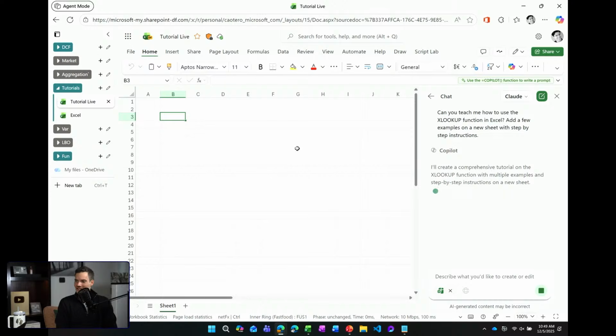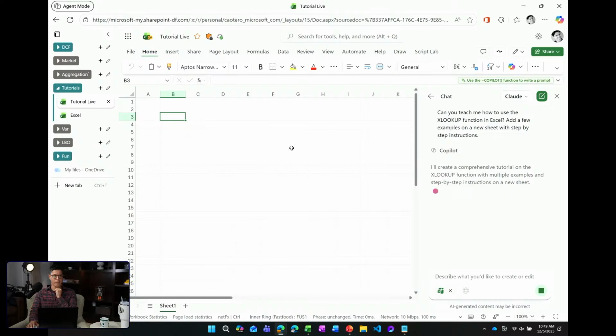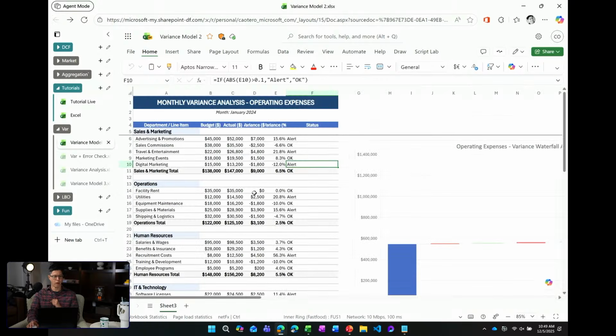Exactly. XLOOKUP is a good one. XLOOKUP is so great. It's so much more flexible. I've always been in the VLOOKUP camp, I suppose, or the INDEX MATCH camp, and VLOOKUP has a little bit of both in there. But most people are not keeping up, they're not going to Excel training. I mean, there's a lot of great content. The community is awesome online. We have all the MVPs and the community that put out great content. But now you can also leverage agent mode to help you with it. So let's run that on the side, and we can check back in with that in a little bit.